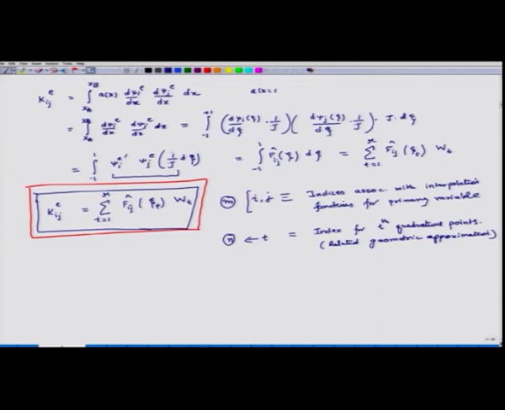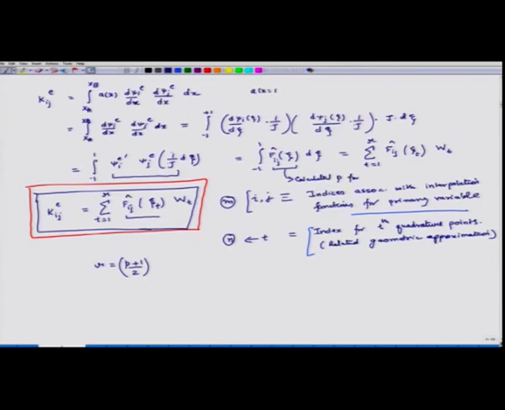So, I will again make this more explicit. We have already written that these depend on u and these depend on quadrature points and so on and so forth. And we had seen that r is equal to (p plus 1) divided by 2. So, when we have to calculate p, we have to calculate p for this function F_ij as a function of zeta. We do not have to calculate p for d psi_i over dx or d psi_j over dx or a x. We have to calculate p for this function,